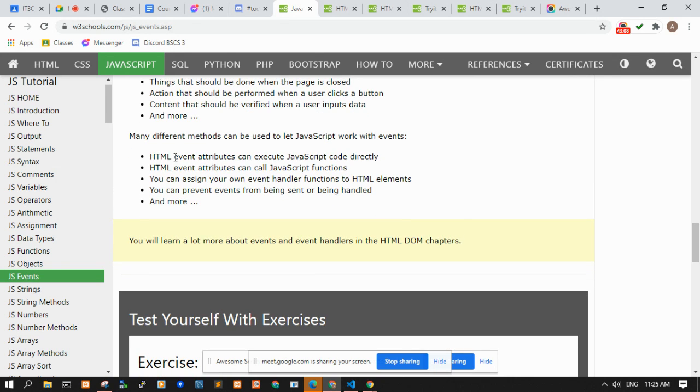So HTML event attributes can execute JavaScript code directly, just like the example above. HTML event attributes can call JavaScript functions. You can assign your own event handler functions to HTML elements. You can prevent events from being sent or handled, and more.